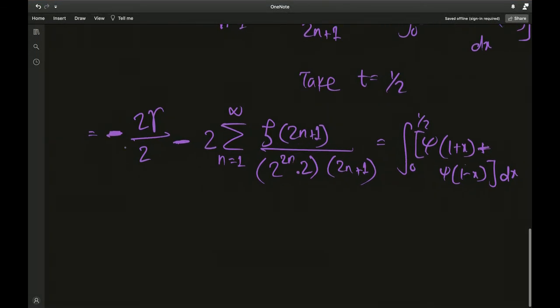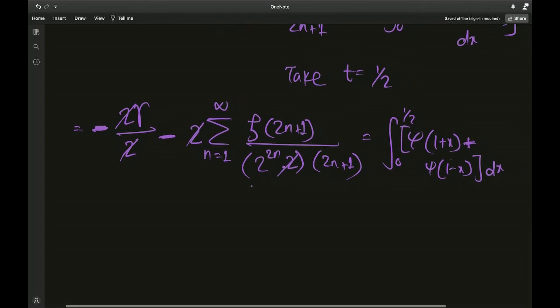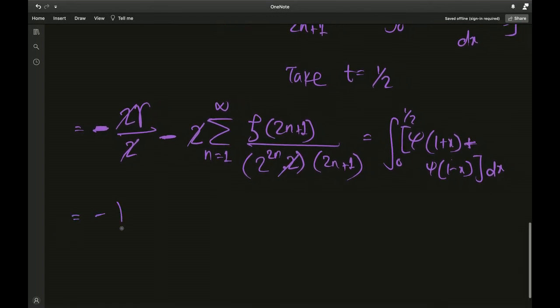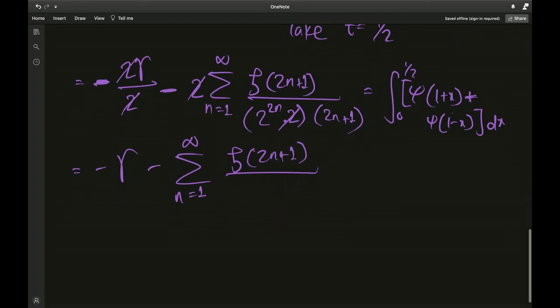So now the 2 and the 2 cancel out. Same thing with this guy over here. And finally we are left with negative Euler-Mascheroni minus the sum from n equals 1 to infinity of zeta of 2n plus 1 divided by 2 to the 2n, which is 4 to the n, and the 2n plus 1 factor like that,